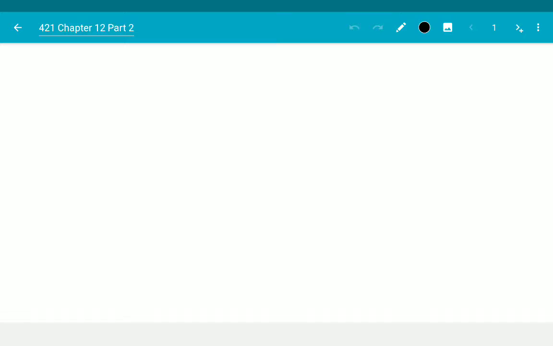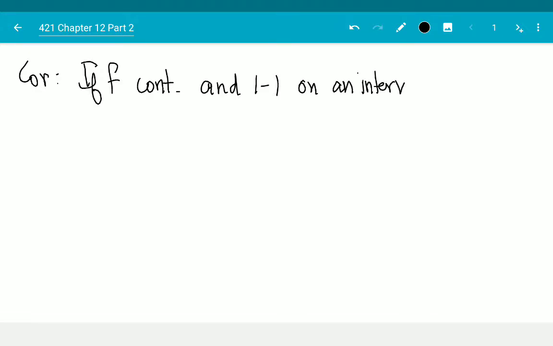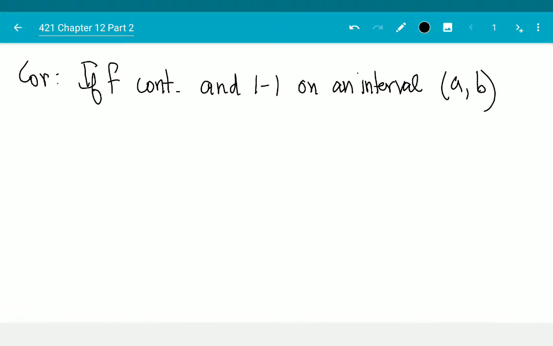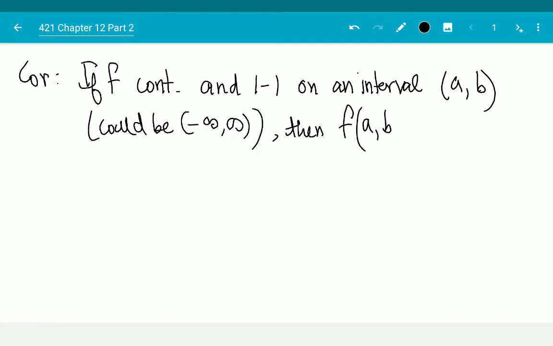Continuing from where we left off, we showed that if f is continuous and one-to-one on an interval, then f is either increasing or decreasing on that interval. An important consequence of that corollary is that if f is continuous and one-to-one on an interval (a, b), where you're allowed to have negative infinity to infinity, then f(a, b), which is the entire image of this interval, is also an open interval,